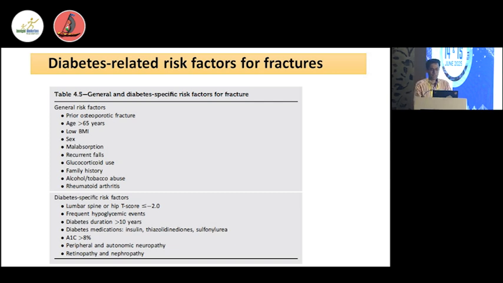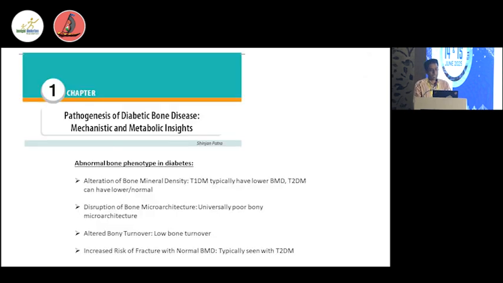In type 1 diabetes, with insulin deficiency, they have a low IGF-1 and GH resistance at the site of the liver. So that is a very important mechanism for poor bone mineral density. Advanced glycation end products and reactive oxygen species are there in both type 1 and type 2. Increased RANKL activity leads to osteoclastic activation in type 1. Decreased osteoprotegerin activity leads to poor osteoblast generation